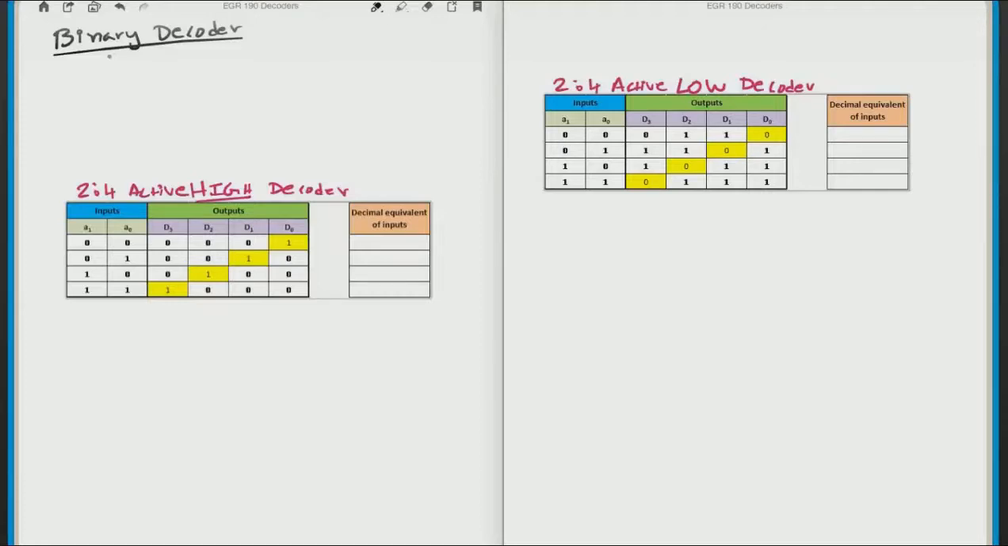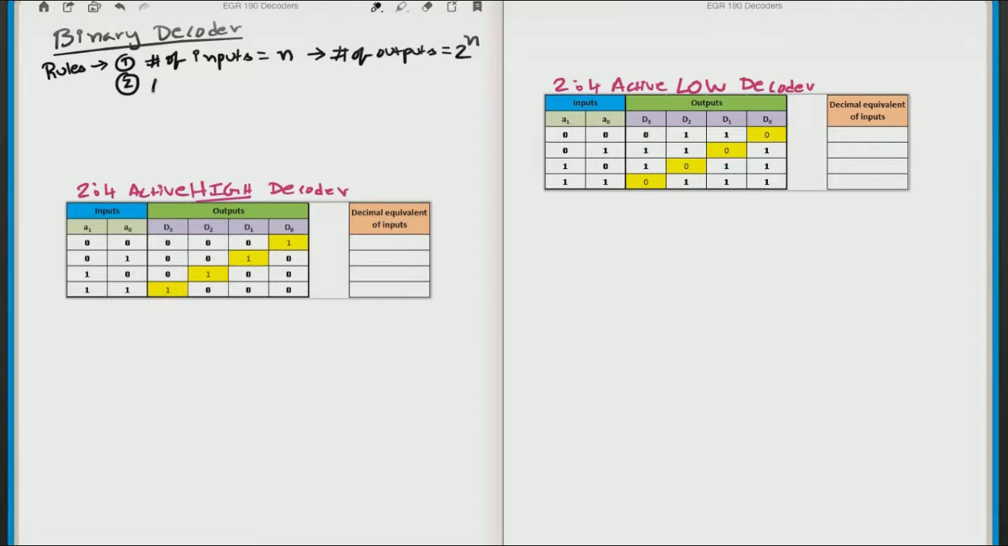In this video, we're going to look into how to design a simple 2 to 4 binary decoder. So when we talk about a binary decoder, it has two rules. Number one is if my number of inputs equals n, my number of outputs equals 2 to the n. Number two